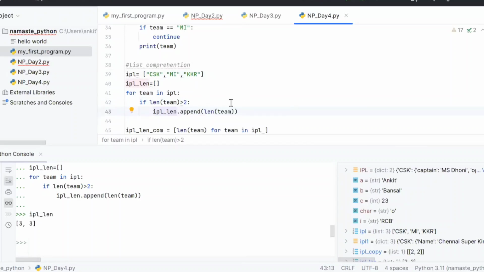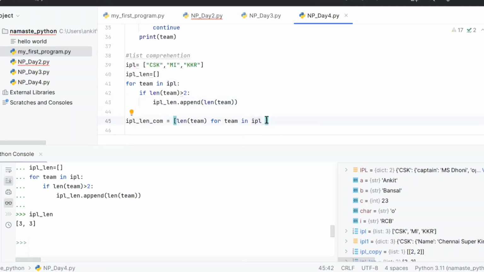Now, if I have to give an if condition in the list comprehension, I can give it. So I can say if len of team greater than 2. Okay, so now just a recap. We can give 3 things in list comprehension. First is what I want to run a loop on. I want to run a loop on IPL, and then I'm taking this in a variable. Now, what list do I want to create out of this list comprehension?